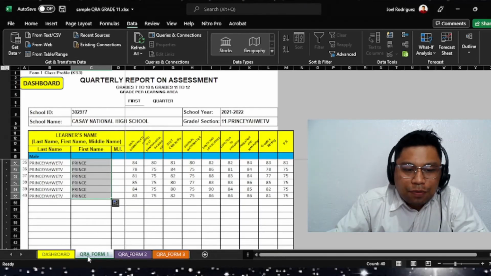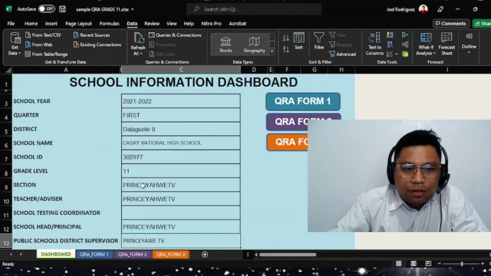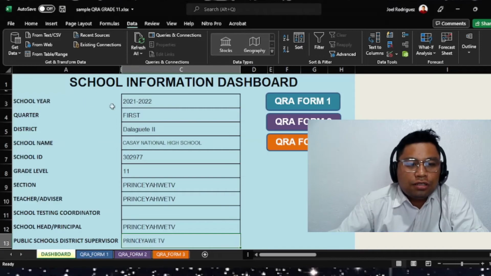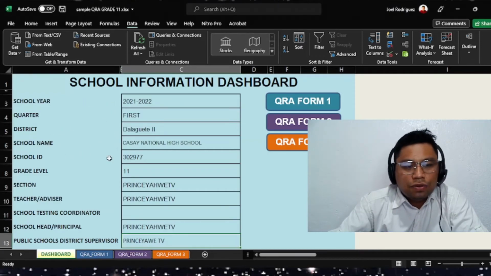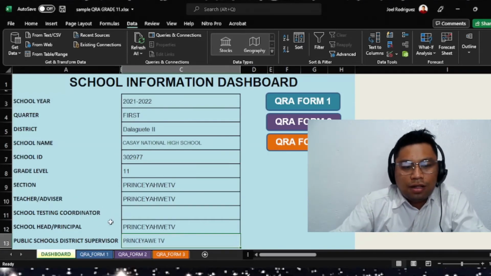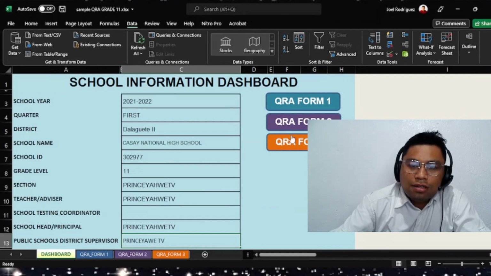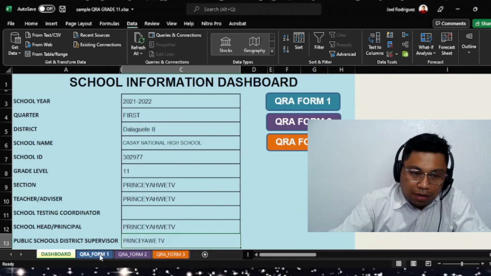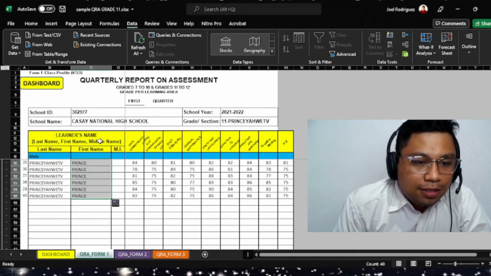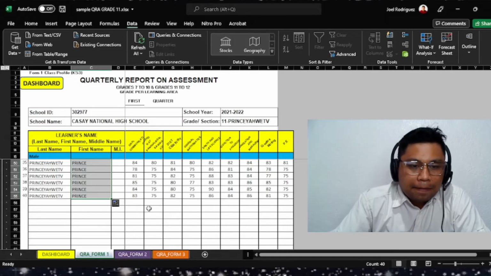So in QRA form 1, this is the dashboard. Fill in the necessary school information on the dashboard: the school year, quarter, district, school name, school ID, grade level, section, advisor, testing coordinator, school head or principal, and public district supervisor. And this dashboard is also here to be clicked. So in quarterly report assessment form 1,